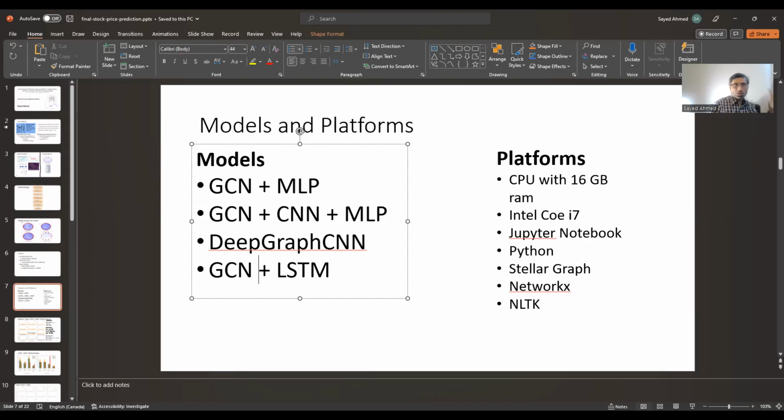Okay, one good thing about GCN plus LSTM: in some libraries I checked, StellarGraph has this thing built into it, so you could use it. The one that I'm trying to use is GCN plus CNN, multiple blocks of them, plus MLP. So this is not something built in. Now you could use Keras, TensorFlow, or similar to build those layers from scratch. That is one option, right?